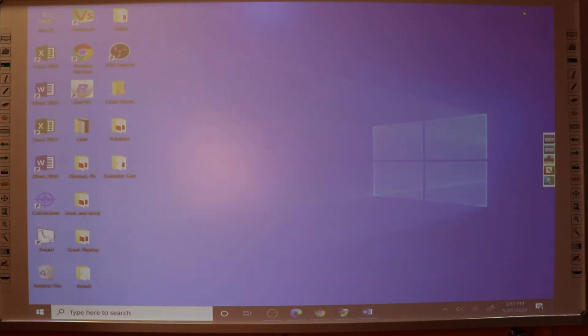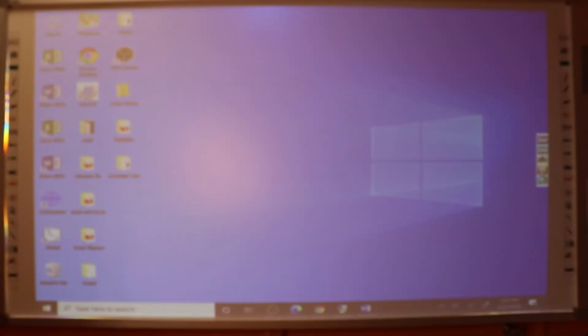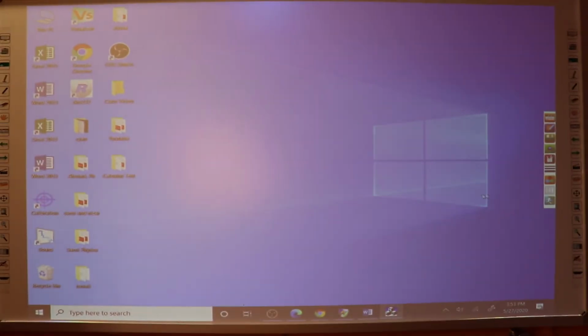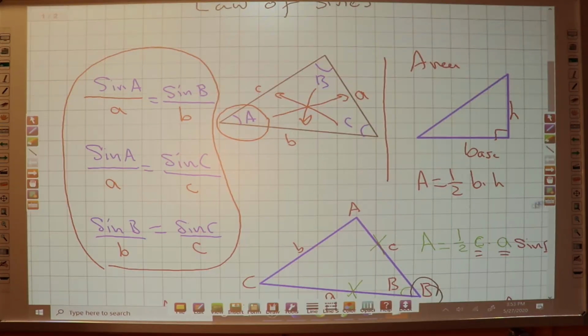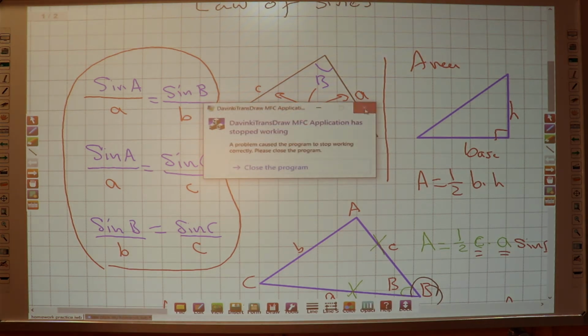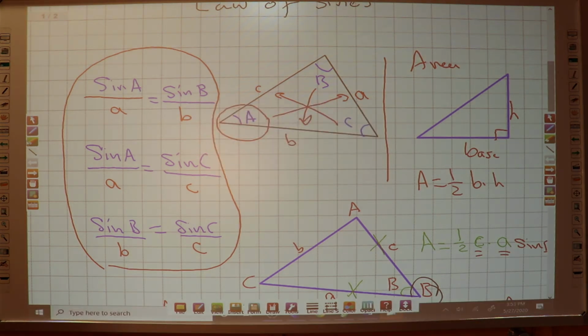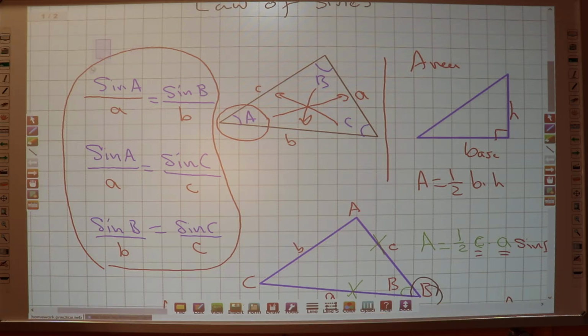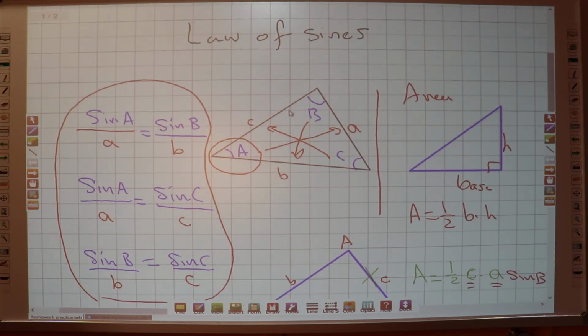I'm gonna go quick review with what we did last time to build on it. Last time we were talking about the law of sine, and the first case we discussed, which is when we have